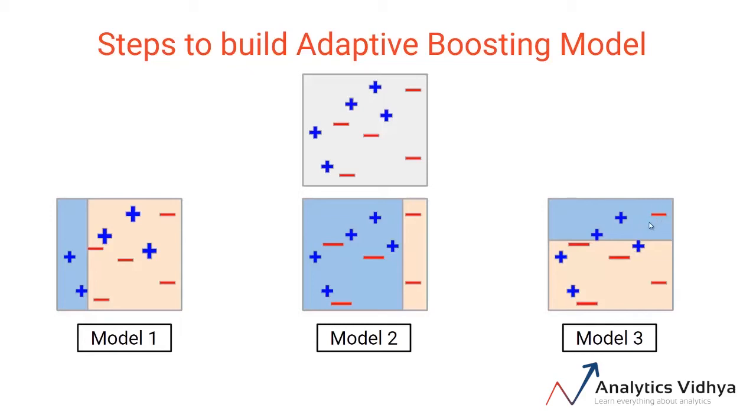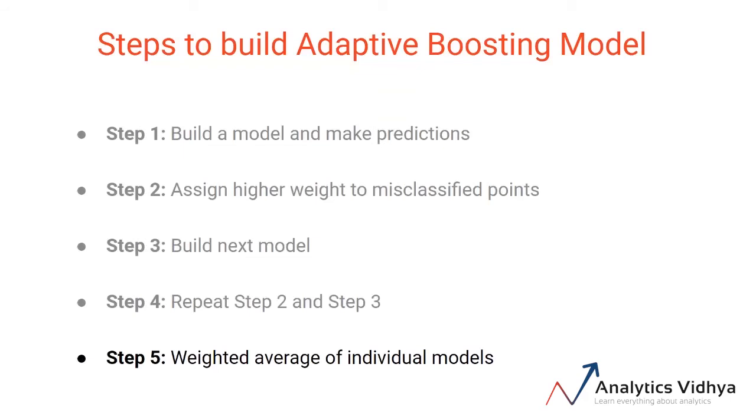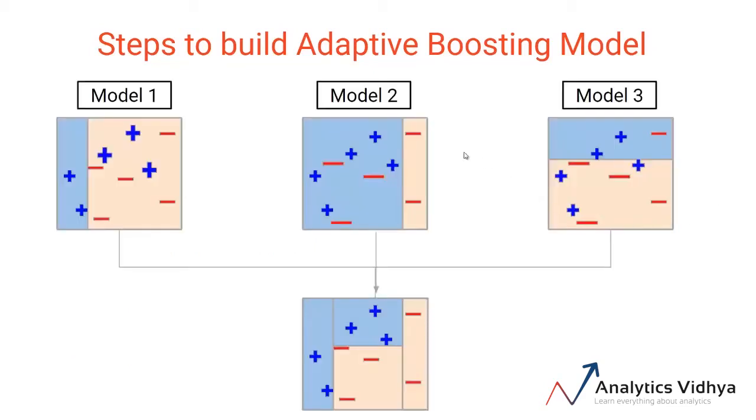So we can see that these individual models are not strong enough to classify the points correctly and are often called weak learners. Any guesses what should be our next step? Well, we have to aggregate these models, and one way could be to take a weighted average of individual weak learners. The final model will be the weighted mean of individual models. So after multiple iterations, we will finally be able to create the right decision boundary by taking help from all these weak learners here. And as you can see, the final model is able to classify all the points correctly. This final model here is known as our strong learner.